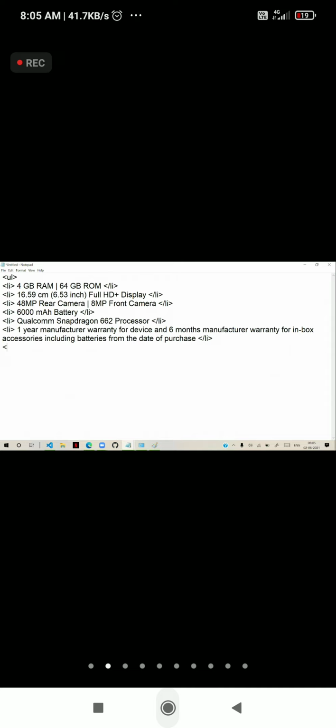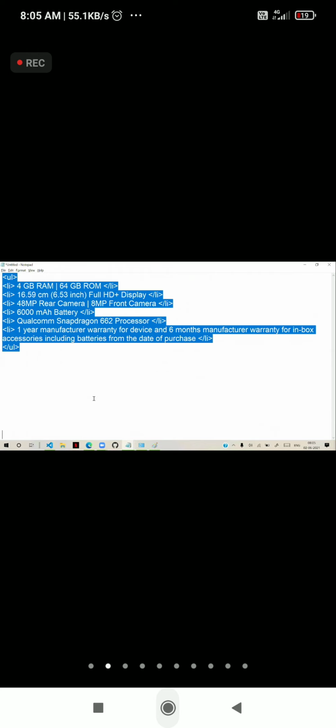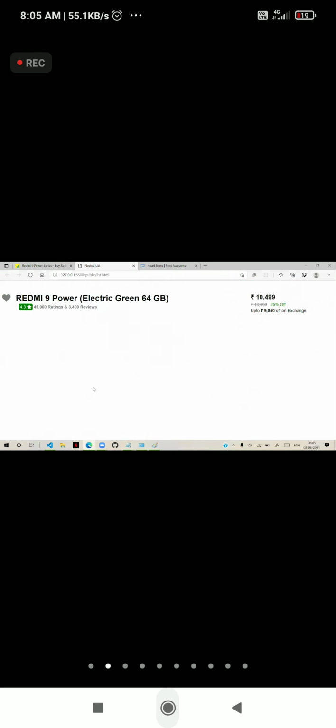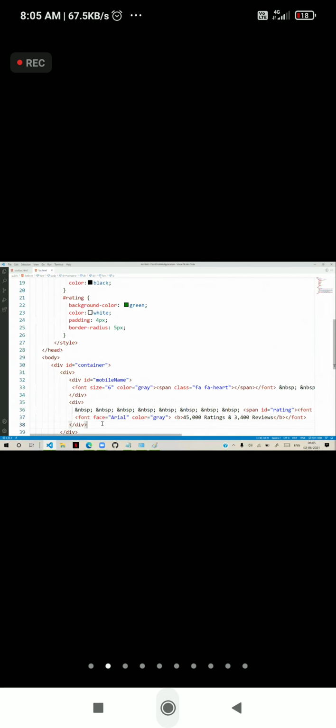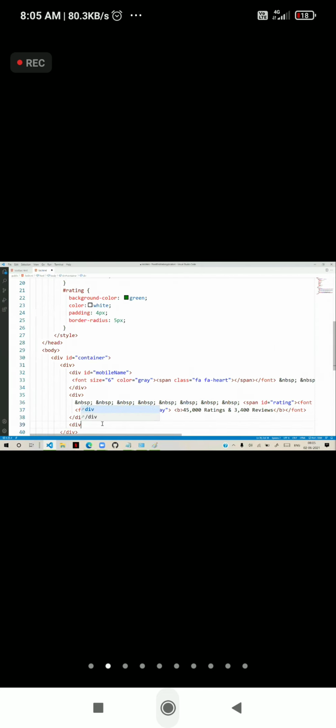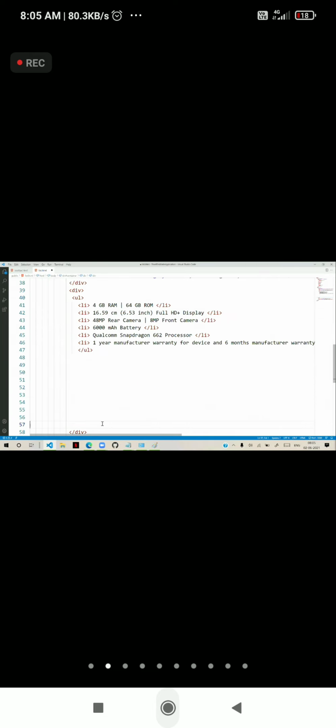I will copy this, and let's keep this below that. We are keeping another div, in which we have that unordered list displayed, and we are configuring it.